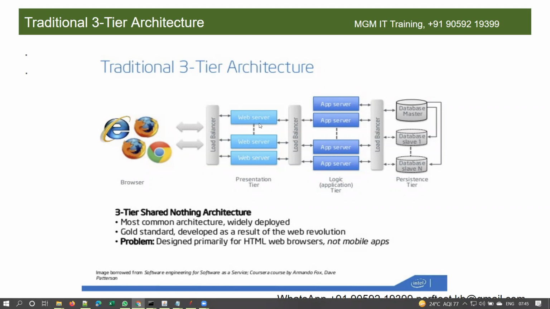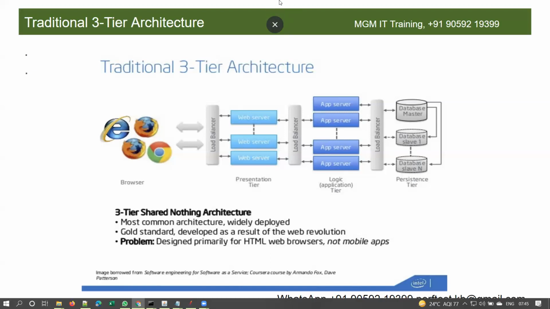If the request is for a dynamic page, or there is some dynamic content in your request, it will go to the application server. That's why this is called the application tier or logic tier. The web server is the presentation tier, the middle layer is the logic tier or application tier, and the third layer is the persistence tier, which is nothing but the database layer.